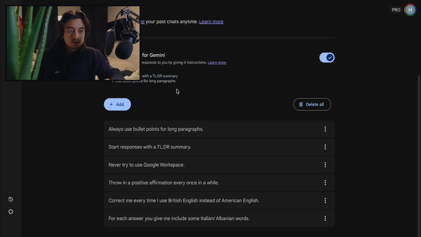Use bullet points just so you can skim through it better, and you can always ask again for more detail, or if you need a full text, like an article for your website, then you can ask Gemini to write that in full sentences. Then I've added never to use Google Workspace, because I found that super annoying,